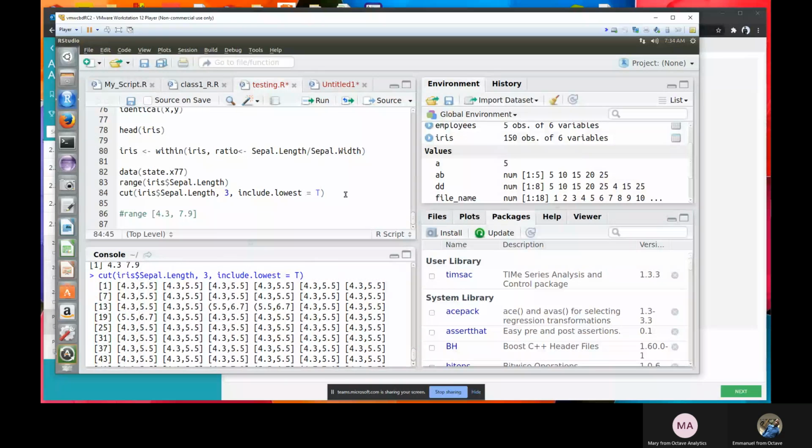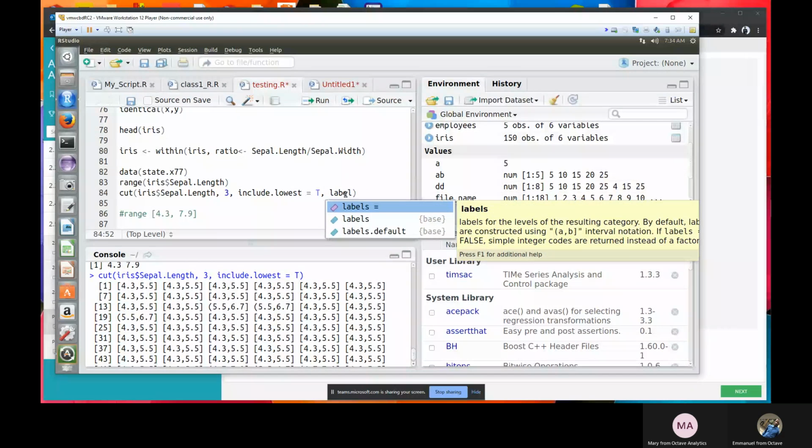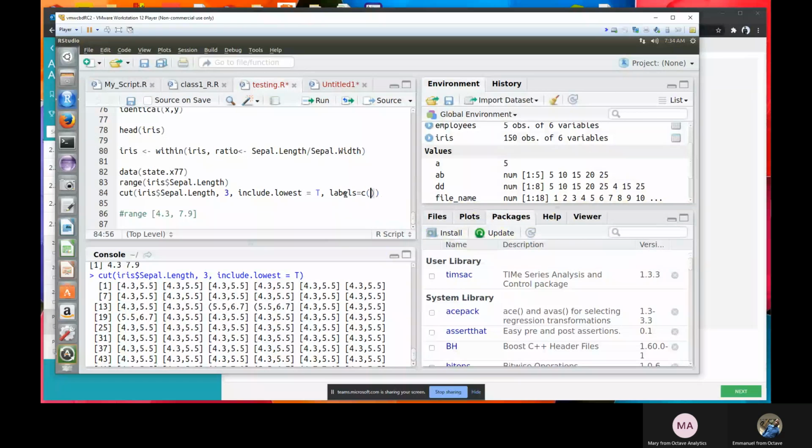So let me include the label. Say label equals low, median, and high.